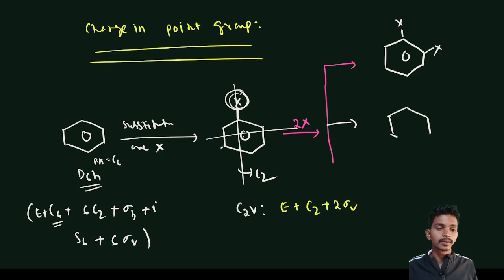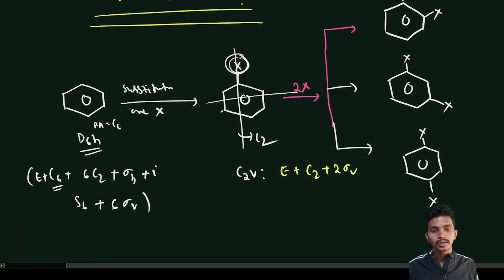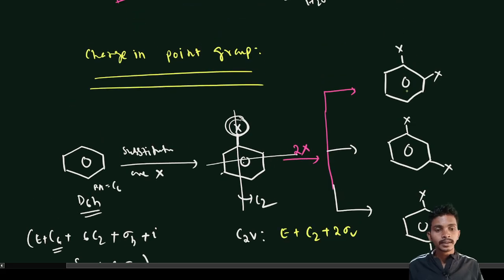Another one X is here and another X is here. One X is here, another X is here. So in this picture, if you look at its point group,